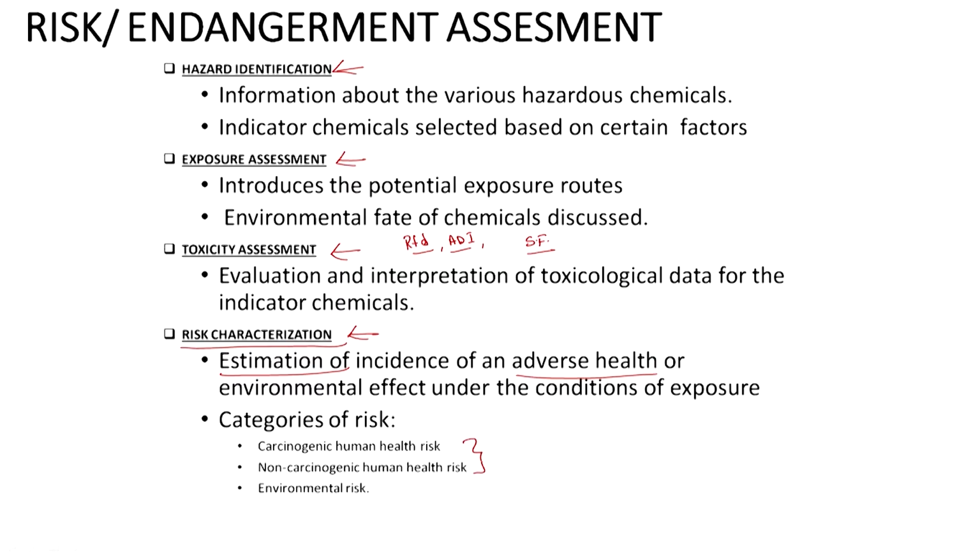So in that context, obviously we look at carcinogenic and non-carcinogenic risk, right? And usually we call these the toxic compounds. And then we obviously look at environmental risk, but environmental or ecological risk assessment is much more comprehensive. So during the course of our semester, we are going to limit ourselves to only the human health risk assessment, which is carcinogenic human health risk and non-carcinogenic human health risk, right?